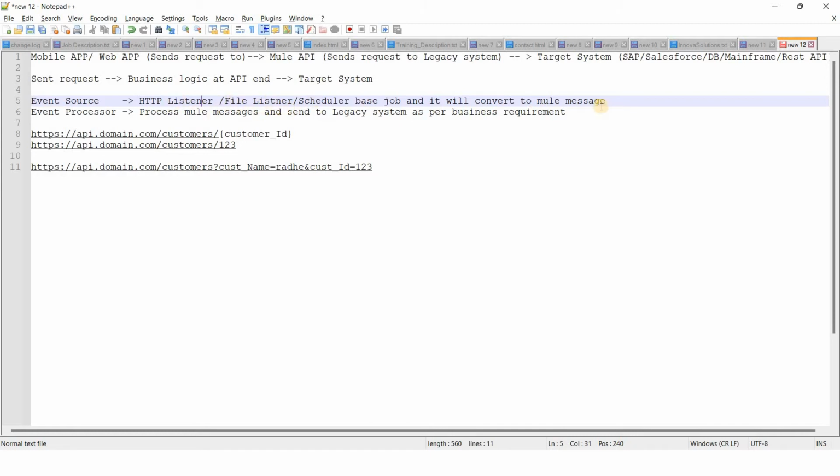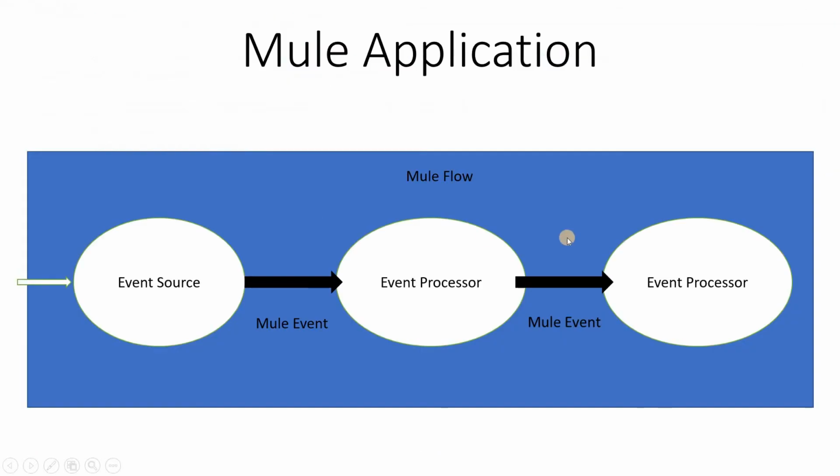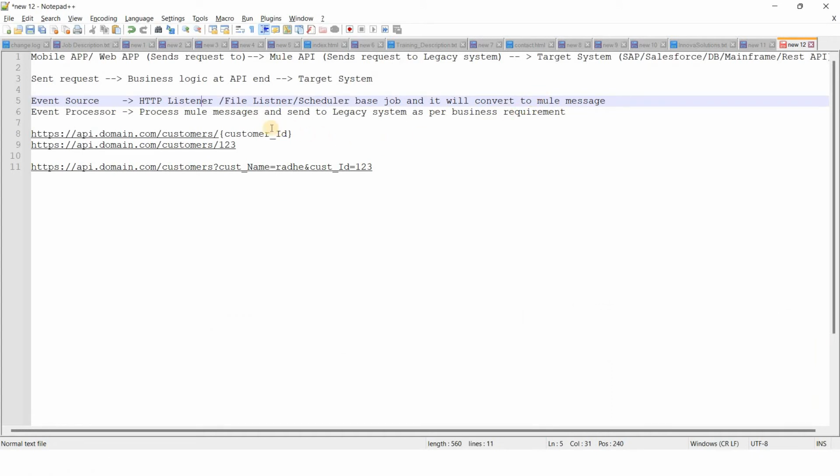That event source converts the request to a Mule message, and from there the event processor comes into the picture. The event processor processes the Mule message and sends the request to the legacy system as per the business requirements. This is the type of flow we look at in Mule.